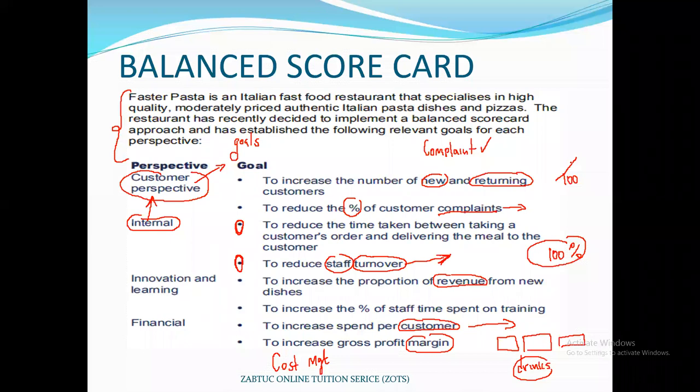Okay. So there are different ways of putting the same. Reduce the percentage of customer complaints. So normally we say that for every 100 customers, how many complaints did we have? So maybe it was 20%, 20 out of 100. Then we don't want to reduce this. So we're always going to have the customer complaints.